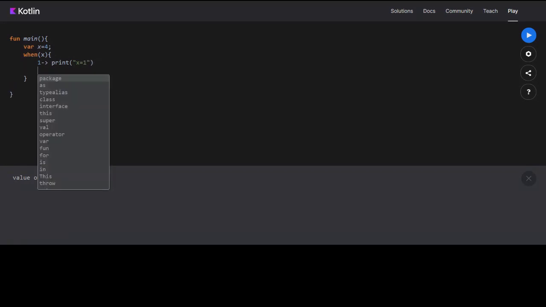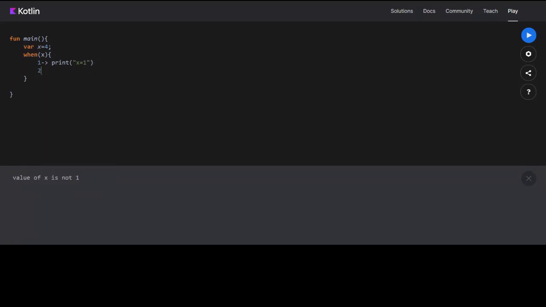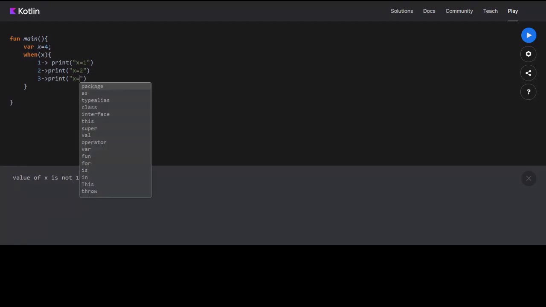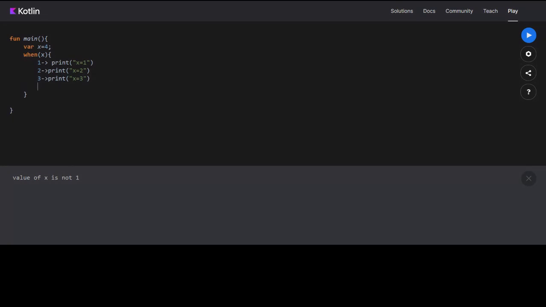The next thing would be for x is equal to 2, print x is equal to 2. Like x is equal to 3, we'll print x is equal to 3. Or else you can say print. Here the output should be none.